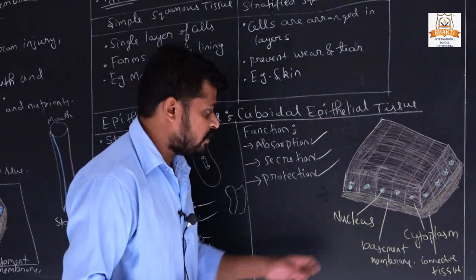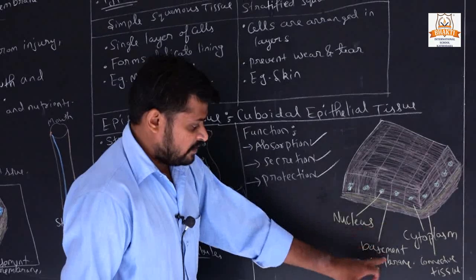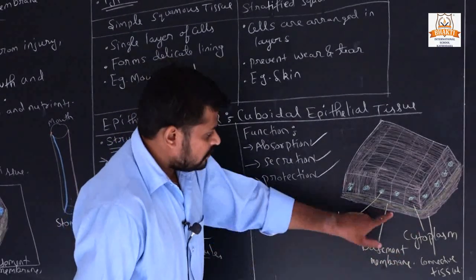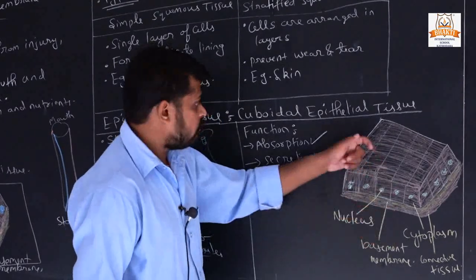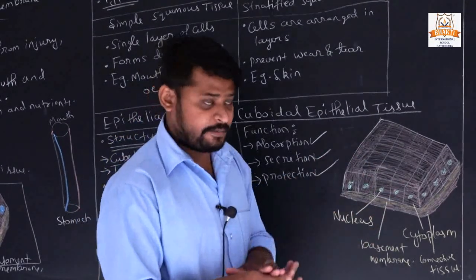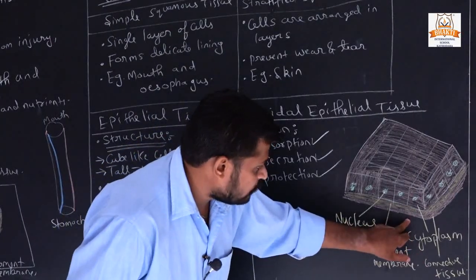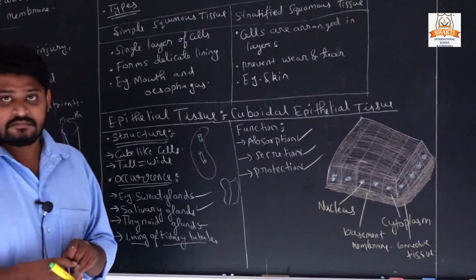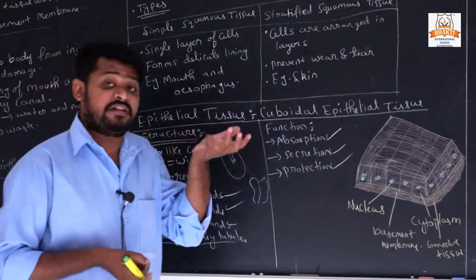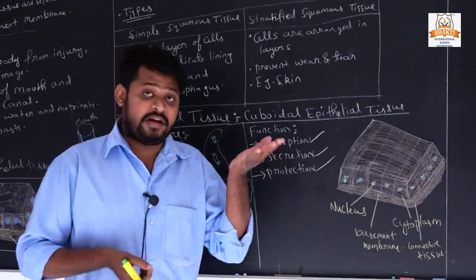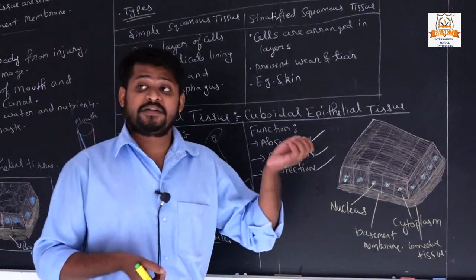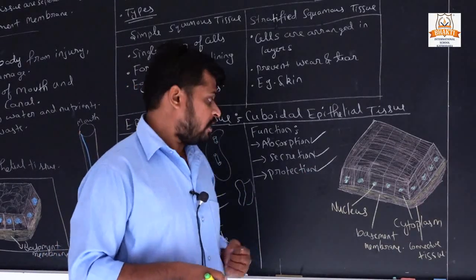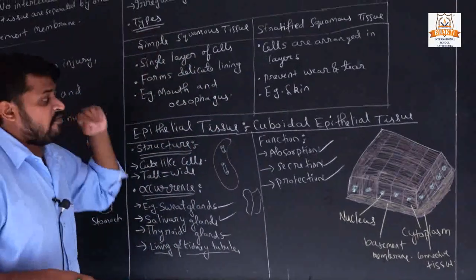They are cube-like structures, nucleus, basement membrane and cytoplasm are present, and the layers, we all know, are present layer by layer, and the lowest is called connective tissue. So it will connect. What was the function of the basement tissue? Another function of basement tissue is that it provides a surface layer and also provides some nutrients to the epithelial tissue. So these are two types of epithelial tissue.